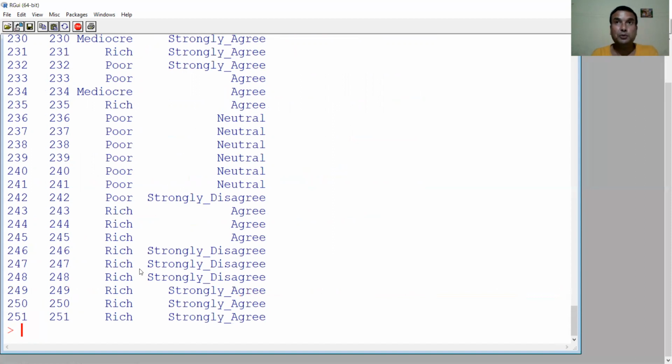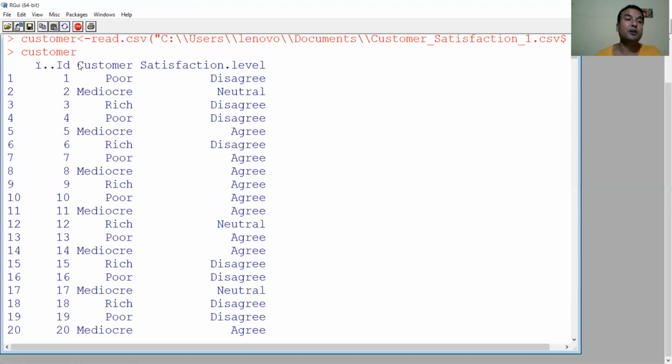Then to apply the chi-square test, we need to prepare a pivot table. To prepare the pivot table, type table, then press this bracket and then write customer, the name of the data, then press this symbol and then go back to the top of the table and copy this name customer.